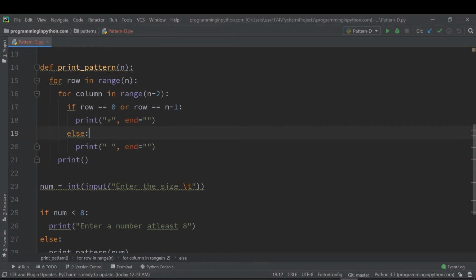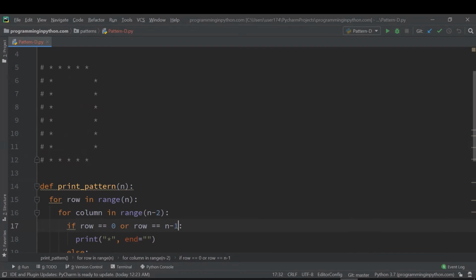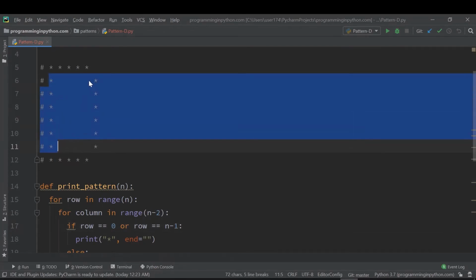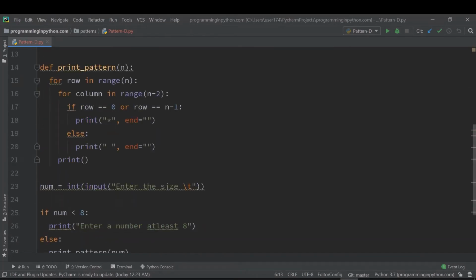So now I'll make conditions for columns, and also here there must be a condition like the column should be 0, and the column should be this one. The column number should be this one and this one. So I'll just write the condition for that as well, and let me group this into one.